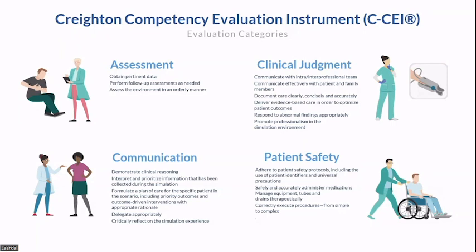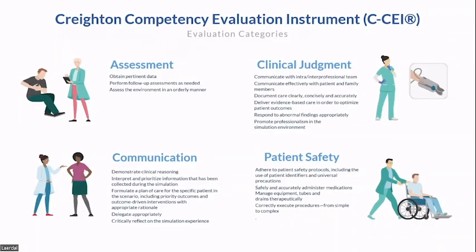So I find it really valuable because it is objective. The tool was produced at Creighton University. If you were interested in using it, you do need to go to their website and request the permission, which they're very generous with granting, but they want you to go through the training to ensure that you're using it appropriately. So it is a 23 item scale, and it measures 4 key areas: assessment, safety, clinical judgment, and communication.